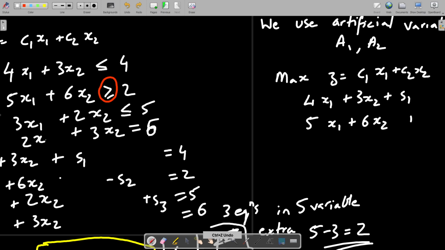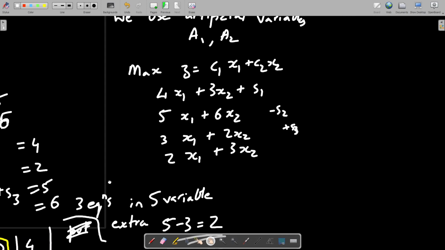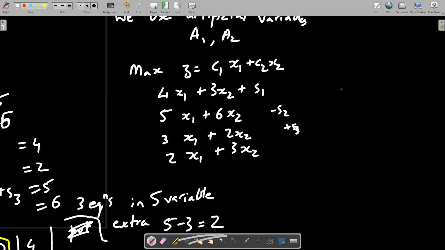We have minus S2, 3x1 plus 2x2 and 2x1, and this is equal to 4, 2, 5, 6.